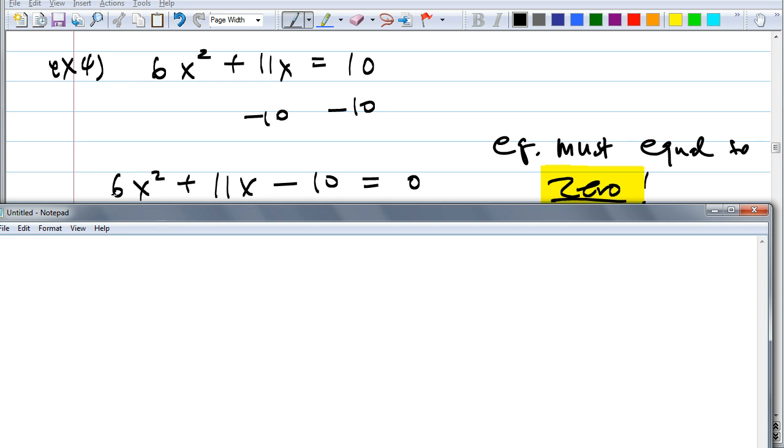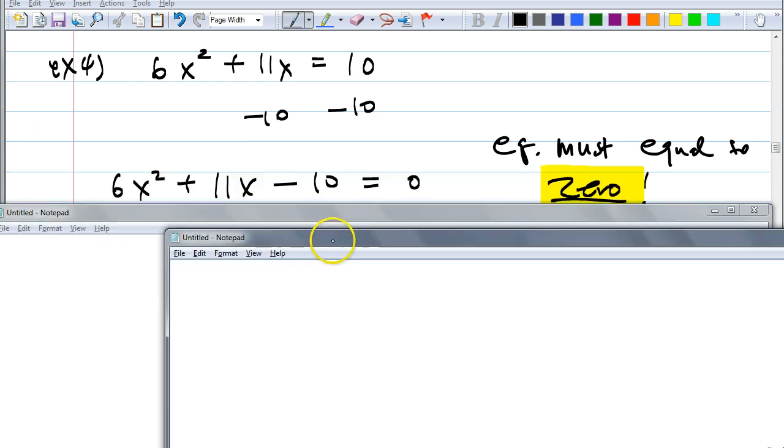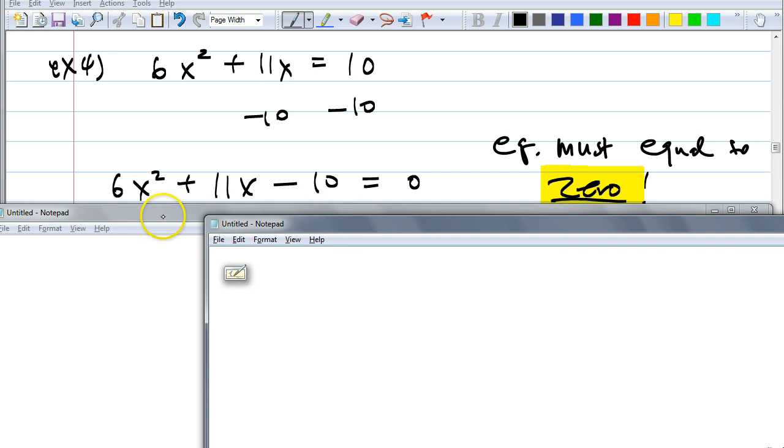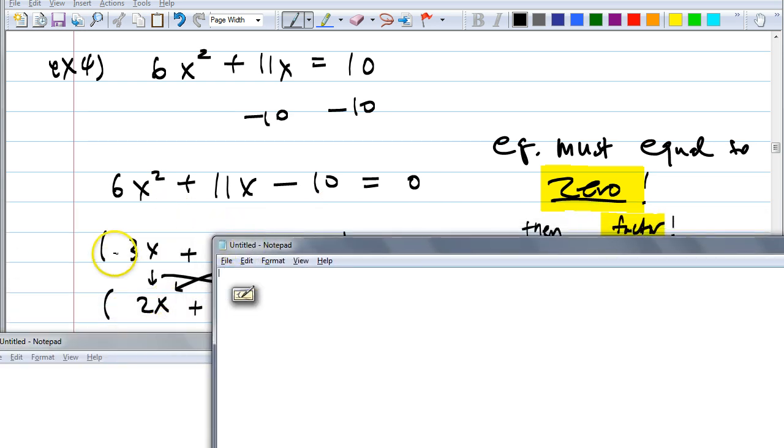Oh, you mean 2x times 3x, right? 2x times 3x, and the other case is X times 6x. By the way, which one are you going to try first? Remember I told you? The ones that are closer together, so which one? 2x and 3x. So I want you to start with that one first, okay? Of course, it's not guaranteed that that's going to be the one, but many times, like I said, they like that one first. So here, let's write it vertically: 3x plus some number and